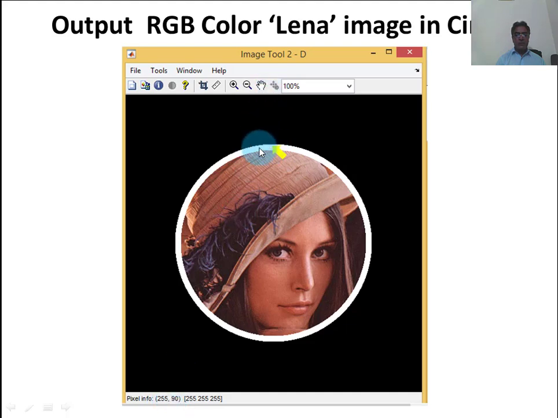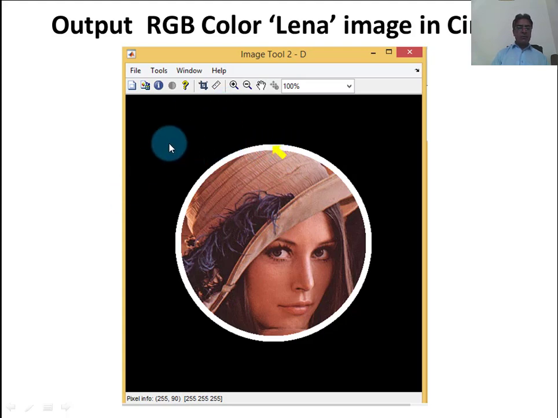So column number 255 and row number 90 at this position. The red plane has pixel value 255, the green plane also has 255, and the blue plane also contains 255. So all the planes at this position contain 255, so it is white. That is why it is white.